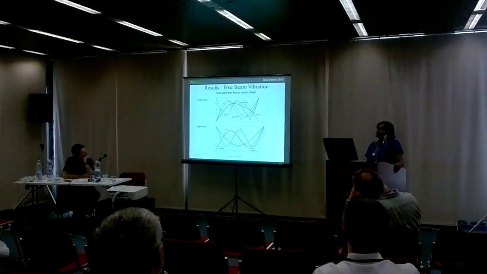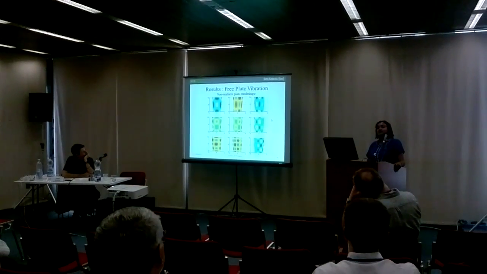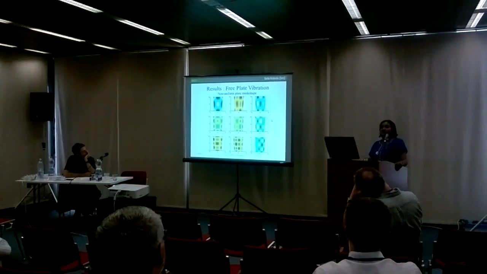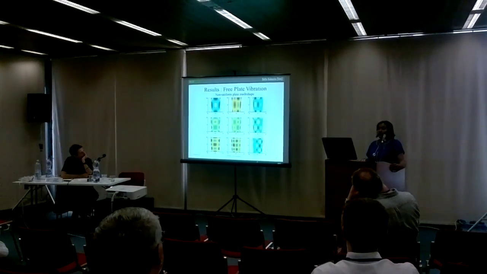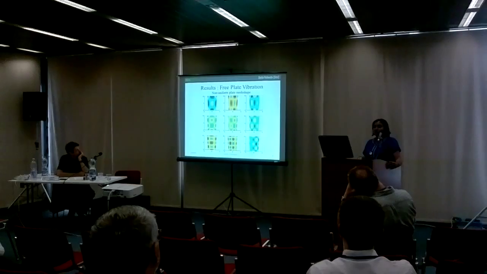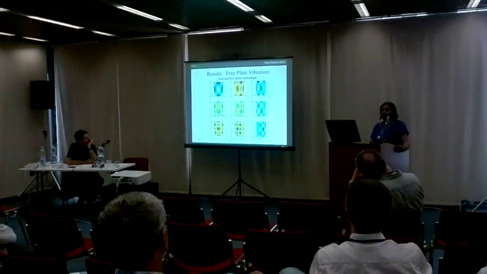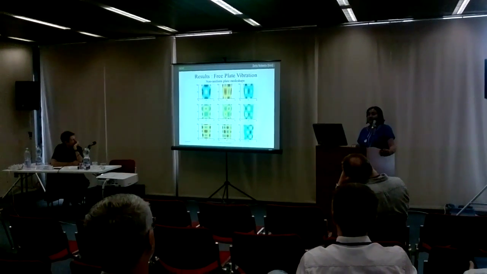But we are not interested in beam-wise natural frequencies. We look at the plate natural frequencies and associated mode shapes. So if this is the rudder, which is trapezoidal in shape, we get the first bending mode shape as this, which is a combination of the first mode shape in the span-wise direction and the